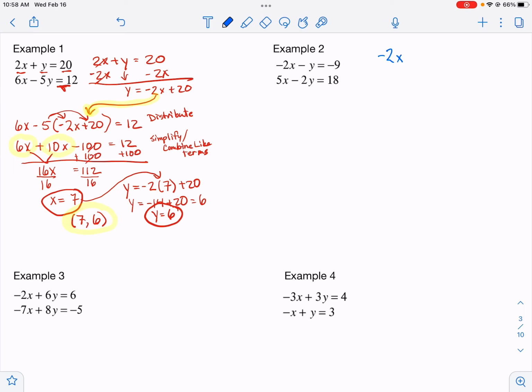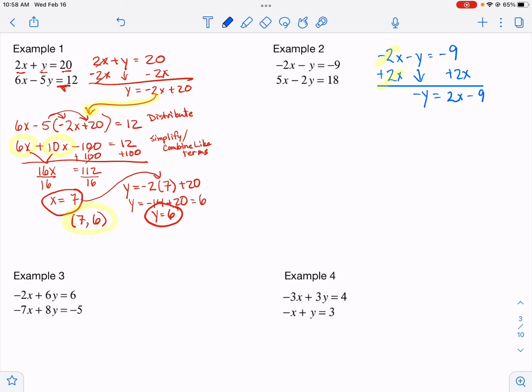Negative 2x minus y equals a negative 9. Well, I have to get y by itself. So the first step I'm going to do is add 2x to both sides of the equation. And when I do that, those will cancel out, and I will be left with negative y equals 2x